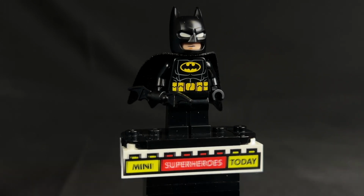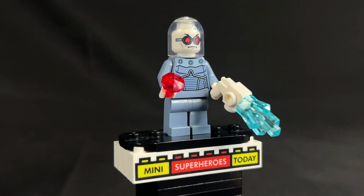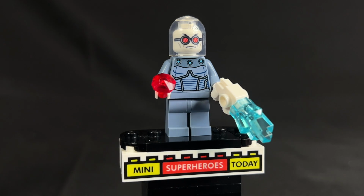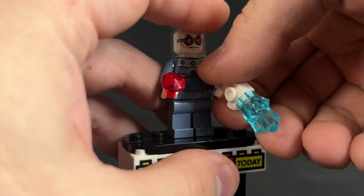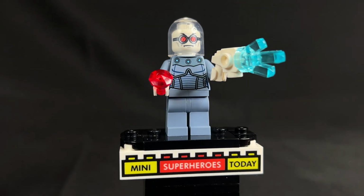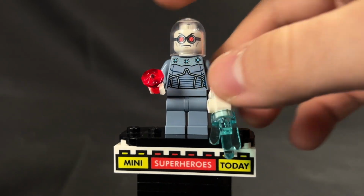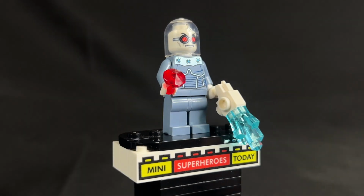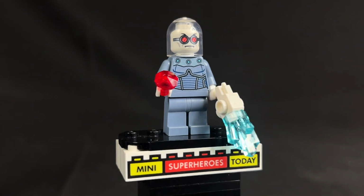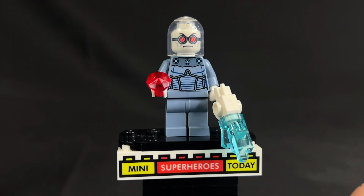And next, we have Mr. Freeze, who's a very interesting inclusion. As you can see, he has this red ruby gem accessory, which of course we get 2 of, interestingly enough. He also has this white freeze gun accessory that looks pretty good. Honestly, again, this set is aimed at the 4 Plus crowd, so as simple as can be is always the goal with these. He has the new dome that debuted in the Batman the Animated Series version of Mr. Freeze. I believe he uses the same head here as well,